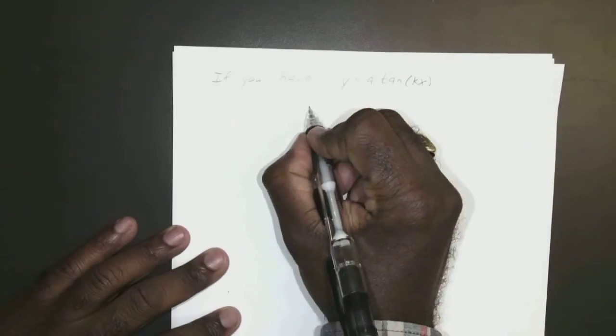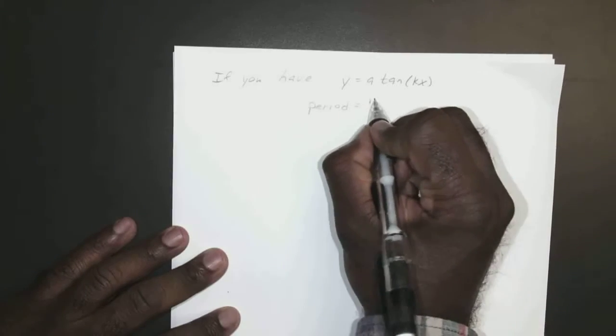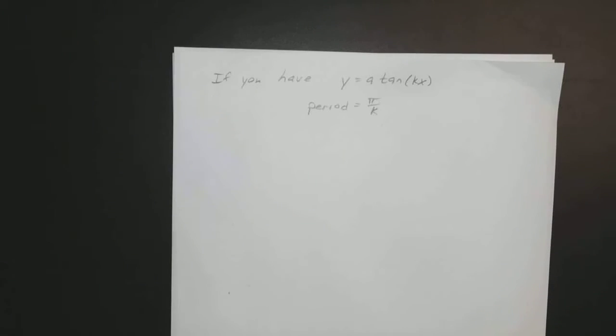Okay. Now for tangent, the period is actually equal to pi over k. Now with tangent, you won't have as many phase shifts only because you really only have to worry about the